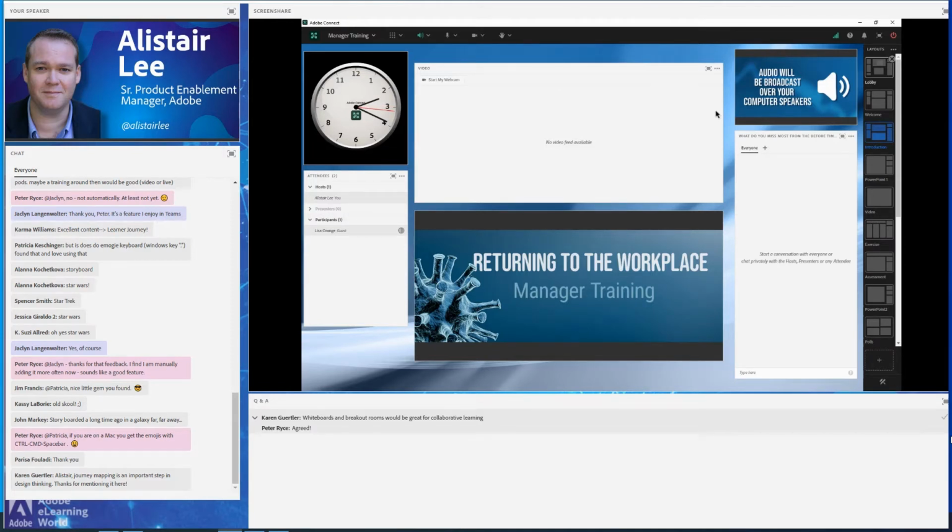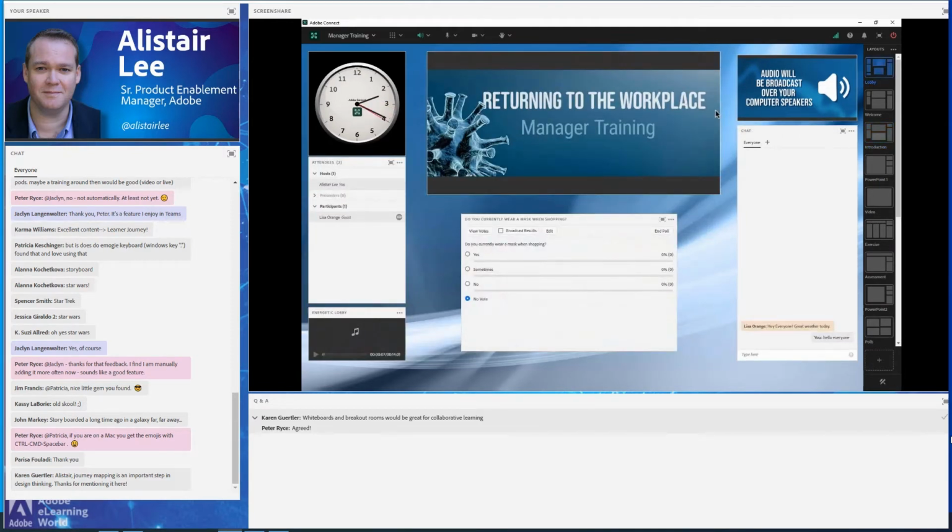So we're starting up here with the lobby layout. And the lobby layout is something that we're going to use for people that joined essentially early. It's something we used in today's session. You'll notice we had music playing if you joined before the start time. We've got the same thing here. We want to entertain people as they're joining.